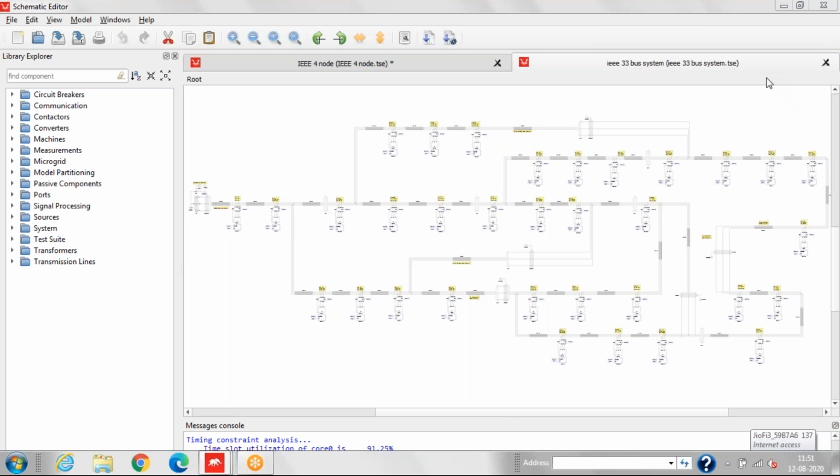Here you can see that this is the IEEE 33 bus system. This is a standard system which consists of 33 buses and 32 lines, obviously, and has a voltage of 12.66 kilovolt, which is connected to constant impedance load. Let me zoom a little bit so that you can see that.